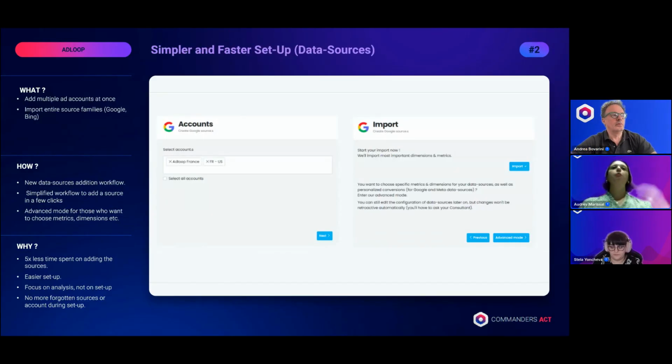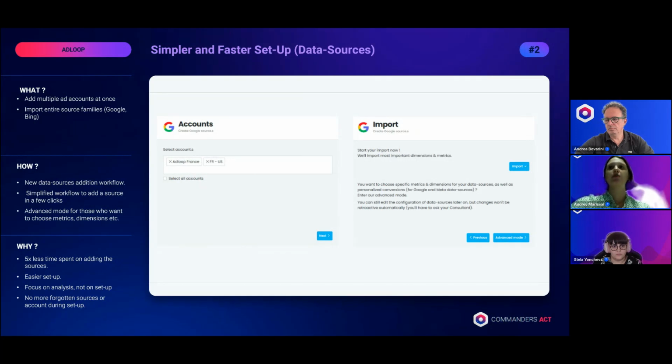Another big topic for us at Adloop this year is to simplify the setup. We know that our clients manage multiple ad accounts across, for example, different markets, brands, or business units. Until now, the data source configuration had to be done account by account, which could make setup long and tedious in some cases. For example, we've had clients with over 10 country-specific accounts, and they needed to connect sources like Bing Search, Google PerfMax, and Meta, which totaled, for example, 40 data sources to set up.